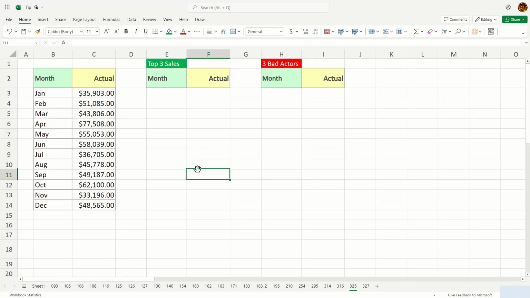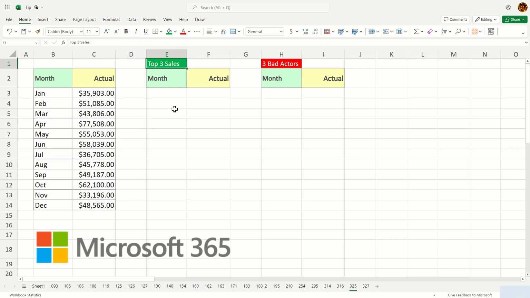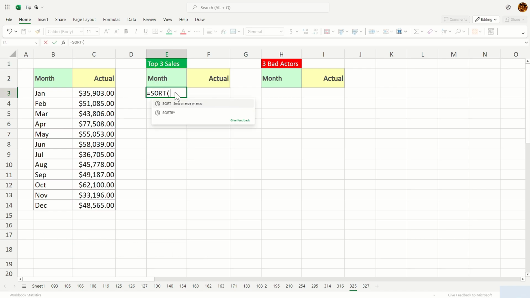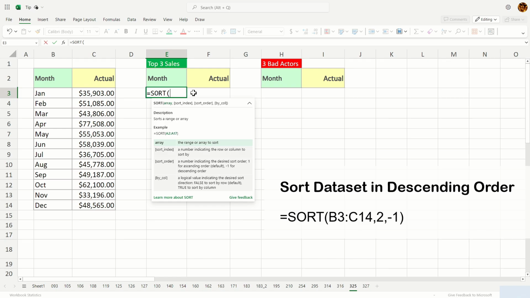If you have been assigned to determine the top 3 sales and the top 3 bad actors from your original dataset, you can simply use a function called TAKE in Microsoft 365, and here's how you do it. We're going to start off by using a SORT function on your top 3 sales here, and we're going to